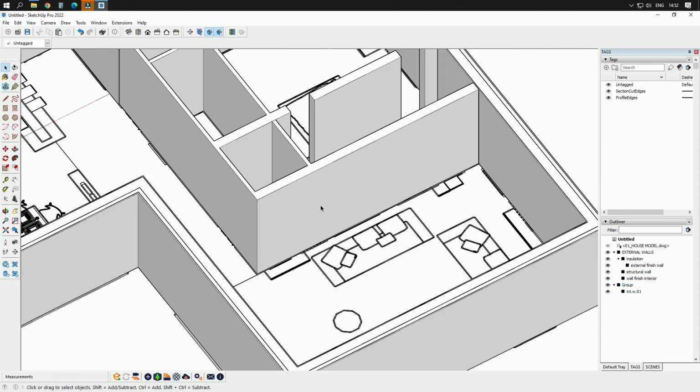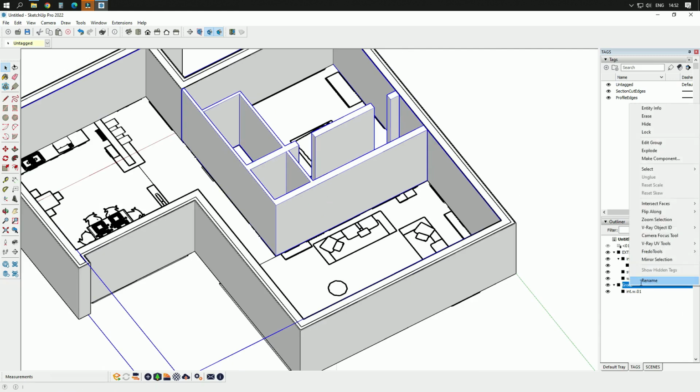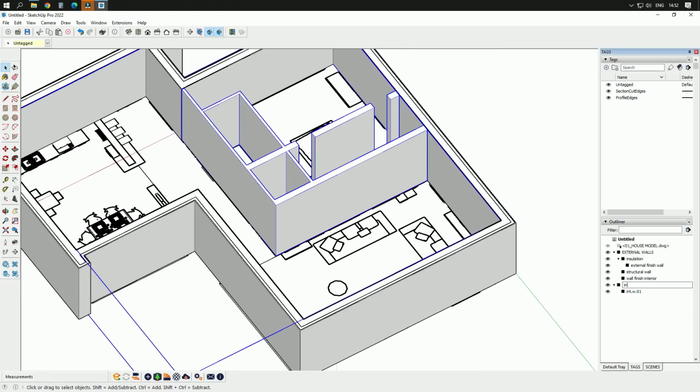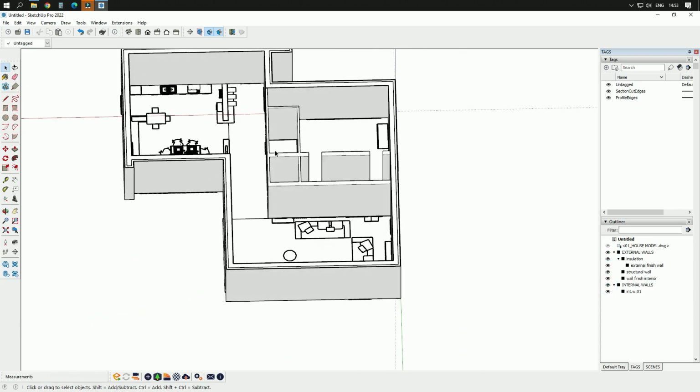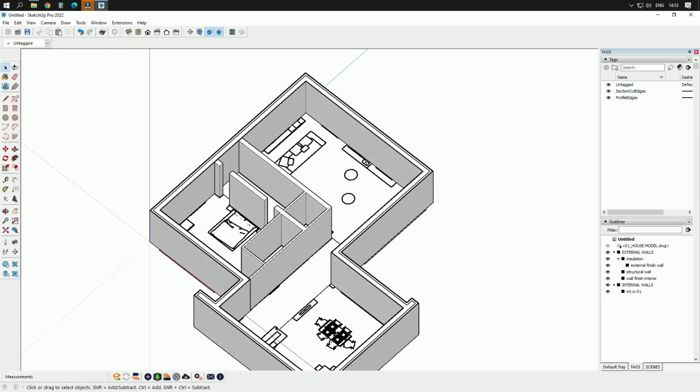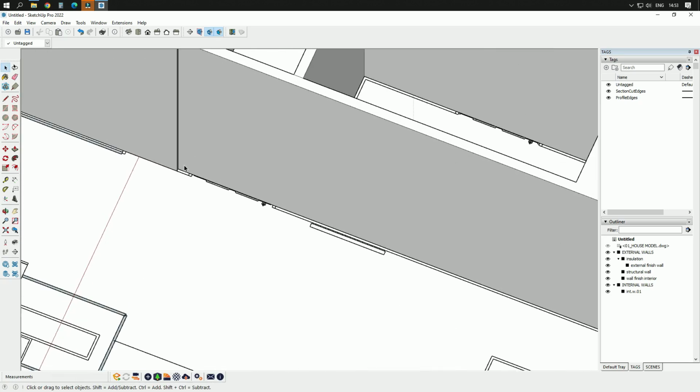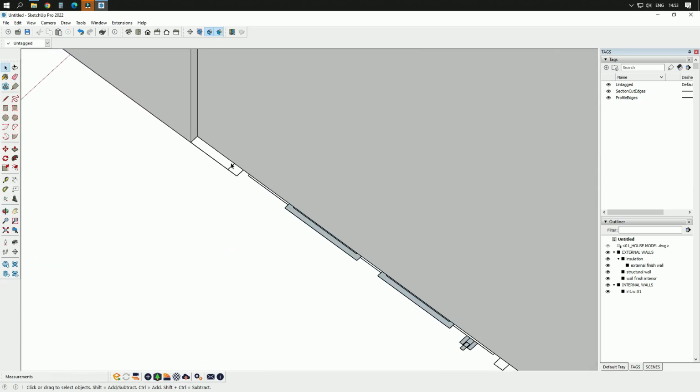I will exit from the group. I will rename this group internal walls, and I will check if something is wrong or not. Obviously everything is okay. So now I have to create actually the finishing layer